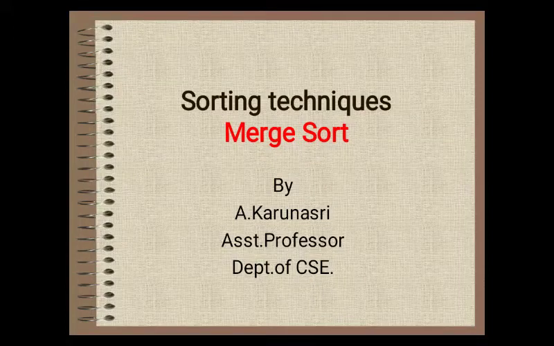Welcome back. So far in this series on sorting algorithms, we have talked about three of the sorting algorithms. Those are bubble sort, selection sort, and insertion sort. And we have seen that these algorithms are not so fast, as they all have order of n square as average case complexity. Now in this lesson, we are going to talk about one algorithm which has order of n log n as worst case complexity, and this algorithm is merge sort.